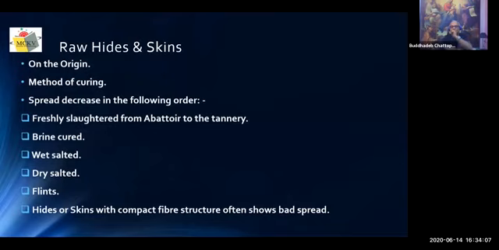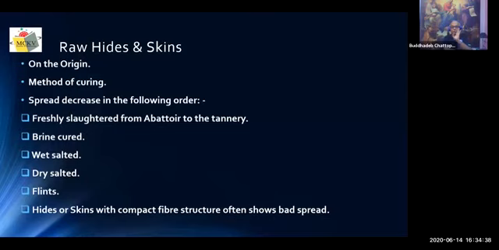Raw hides and skins play a big role in spread. Spread depends on the origin of the hides. If the hides, for example, are from North Bihar, you will get maybe a different kind of spread. If it is from Rajasthan, you may get a different kind. It is not advisable for me, as a seasoned tanner, to mix all the origins together to make a lot. No, it will not give a good result.